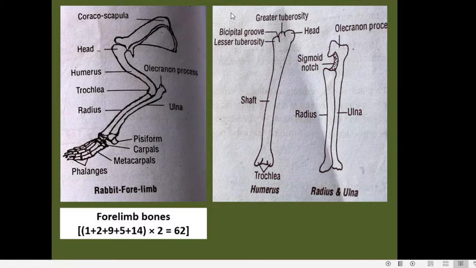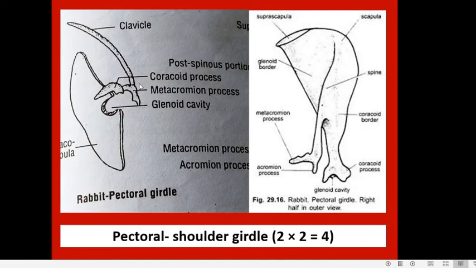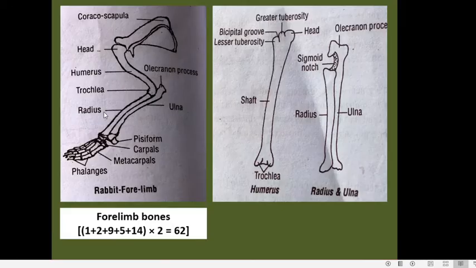So we first go to the proximal extremity, where you can see 3 protuberances. The first one is called the head. So this is the head. It is this head that will fit into the glenoid cavity of the pectoral girdle. As I already told you, the pectoral girdle has an articulation cavity called the glenoid cavity. So this is the glenoid cavity of the pectoral girdle. It is into this glenoid cavity that the head of the humerus fits. It forms a joint which is called the ball and socket joint.